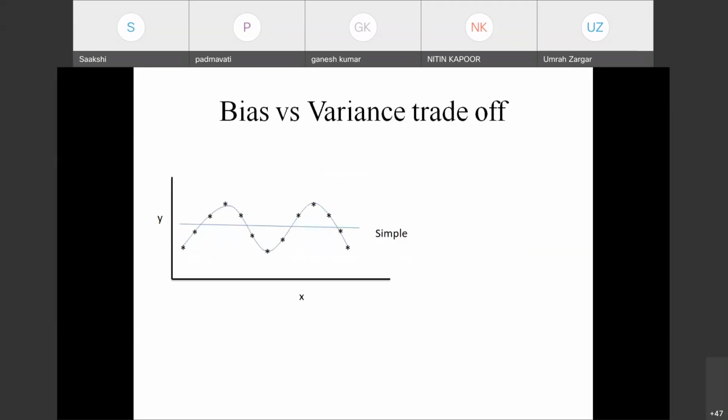Right? So let us move to some more terms which most authors do use. Let us try to discuss those terms. The two terms are bias versus variance trade-off. Let us discuss what is bias first, and later on what is variance, and later on we will discuss the comparison. What is bias versus variance trade-off?